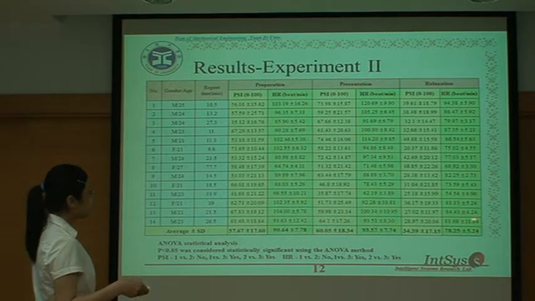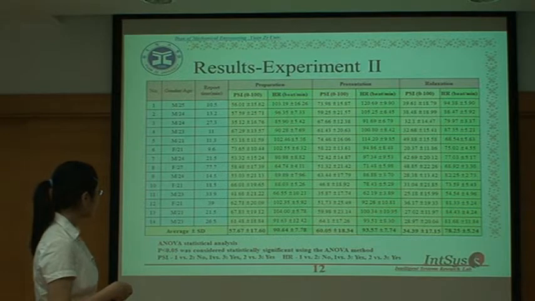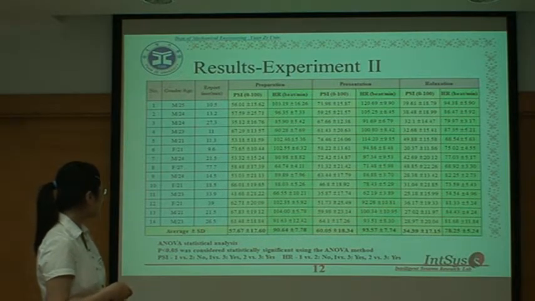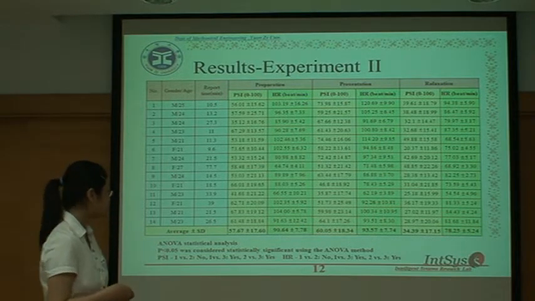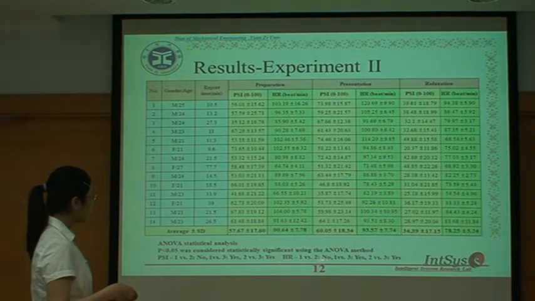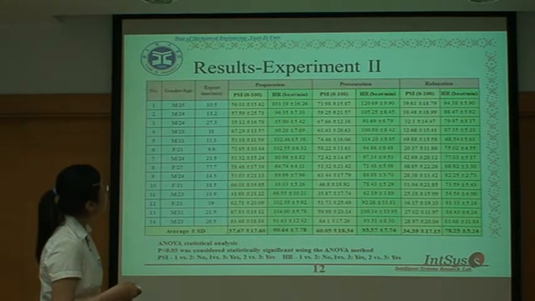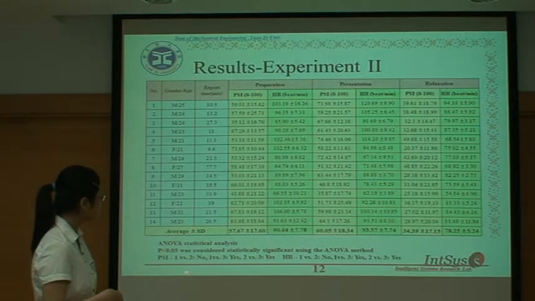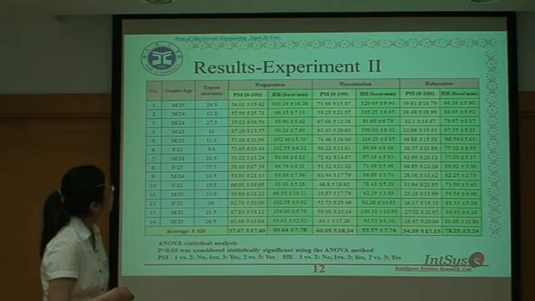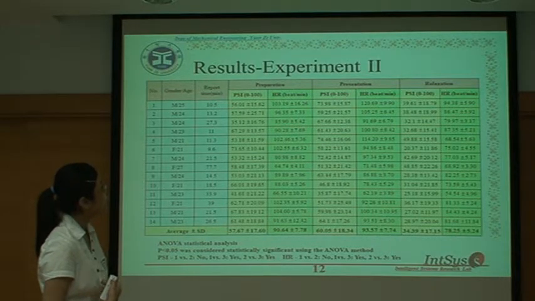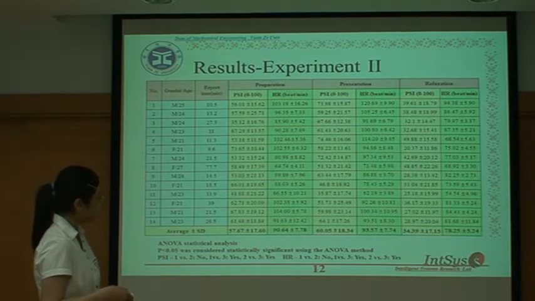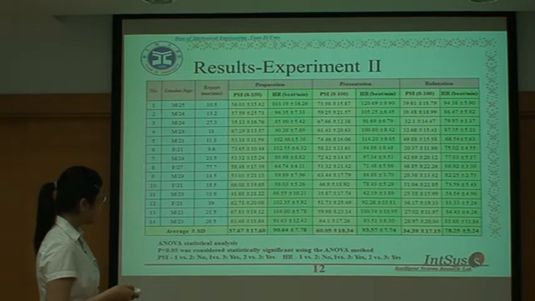And we also use these values to do ANOVA statistical analysis. If the p-value is less than 0.05, they are considered to have a significant difference. And this is our result. We can see using PSI value, stage 1 and stage 2 are similar. But if we compare with stage 3, we can see stage 1 and stage 2 both have a significant difference with stage 3. And the result is the same both in PSI and the heart rate value.